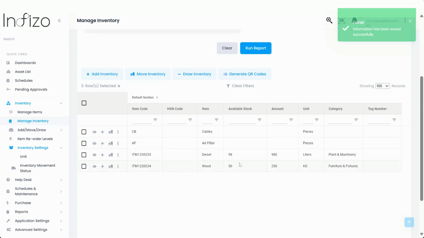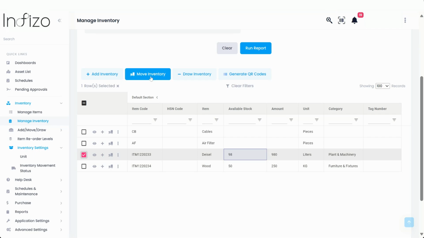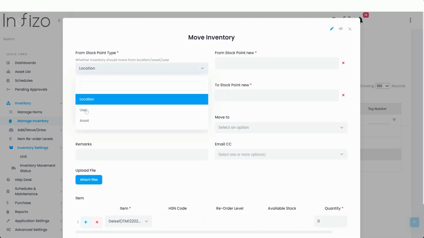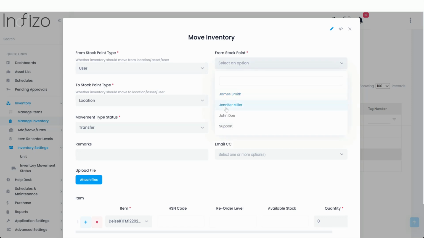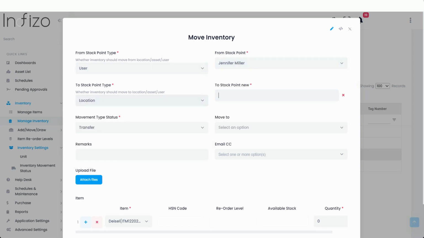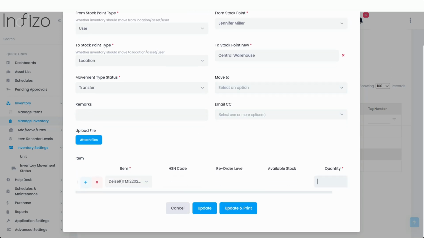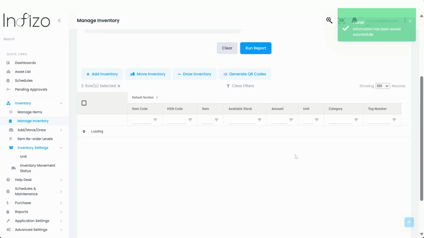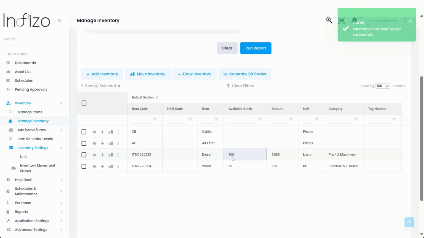Once updated, we'll see that the stock amount for diesel has been reduced by 2 units. For demonstration purposes, we'll be moving back the stock from user to location. We'll select the From Stock Point type as the user this time and To Stock Point type as the location. Both the user and location will remain the same as in the last movement record. We'll again feed in the same movement quantity and click Update to see the available stock get updated back to